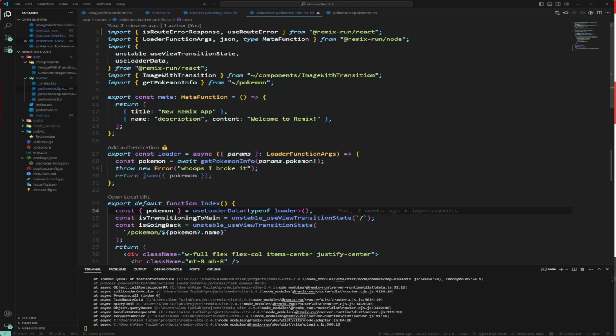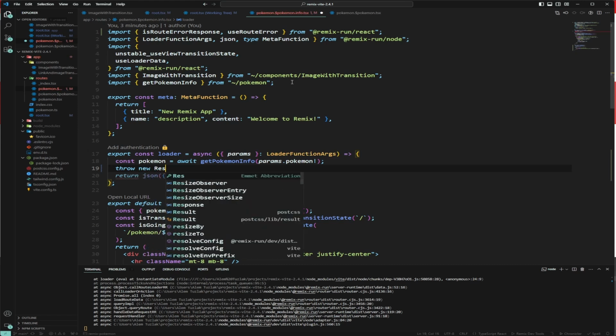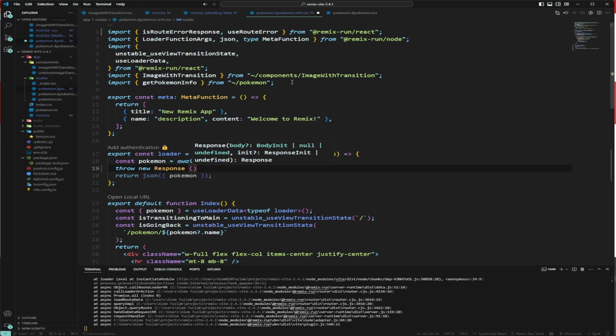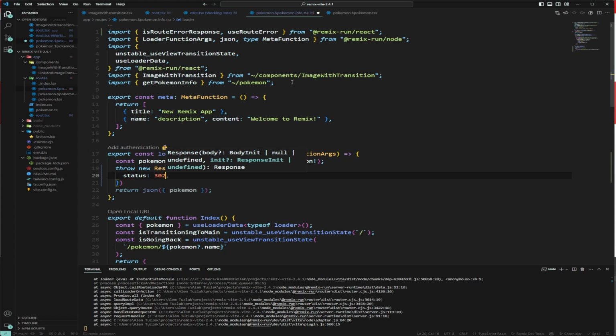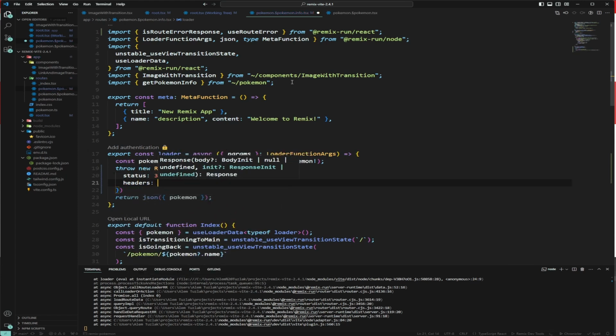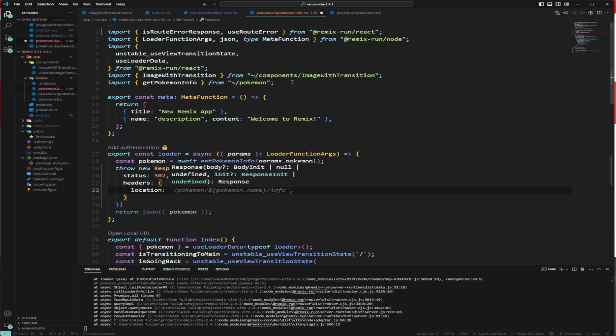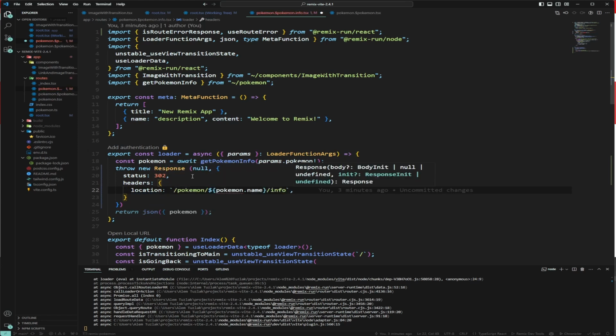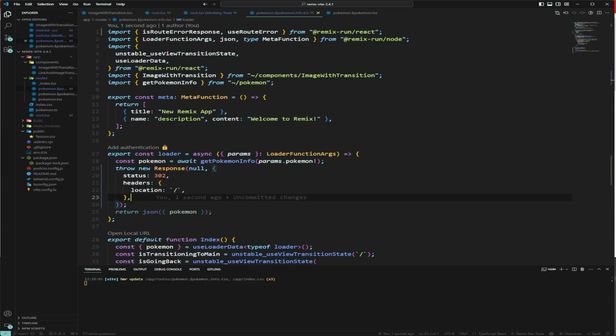So now that we're back in the code, let's imagine this scenario. Let's say you don't want to throw an error, you want to redirect the user somewhere. So how we're gonna do that is we're going to throw a new response, and there's a special kind of response that's a redirect response. It has the status of 302, and the headers, it has a location to where you want to throw the user. So let's say when the user lands on this page, we want to throw him back to the root. So we can delete this and throw this. And let's save this,